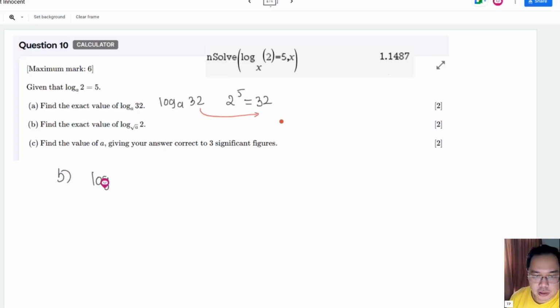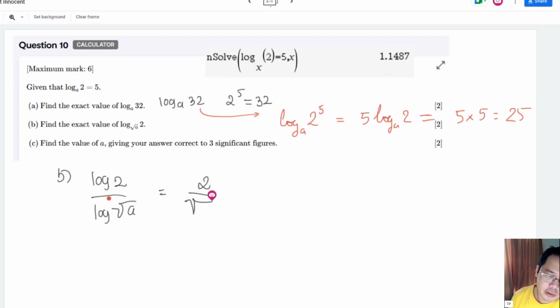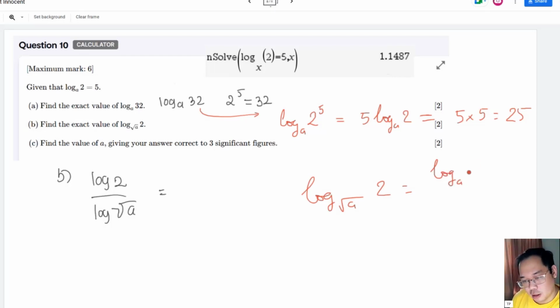Okay, so we see log A of 5 to power 5, log square root of A. You don't know the square root of A, so I suggest you do it like this. The log base square root of A of 2 equals the log base A of 2 over the log base A of square root 2. And the square root 2 here means 2 power 1/2. Okay. And then you can bring